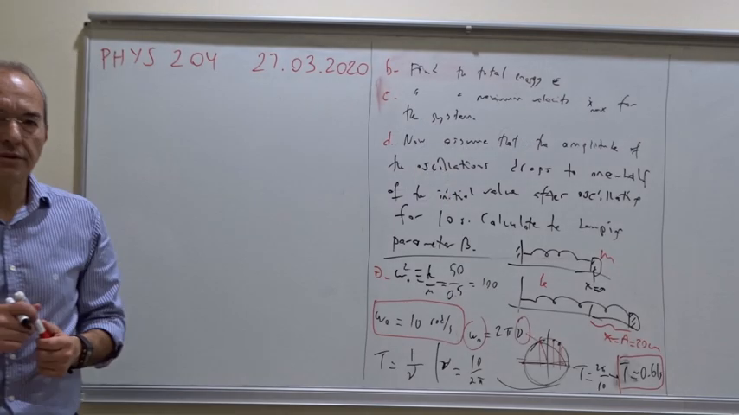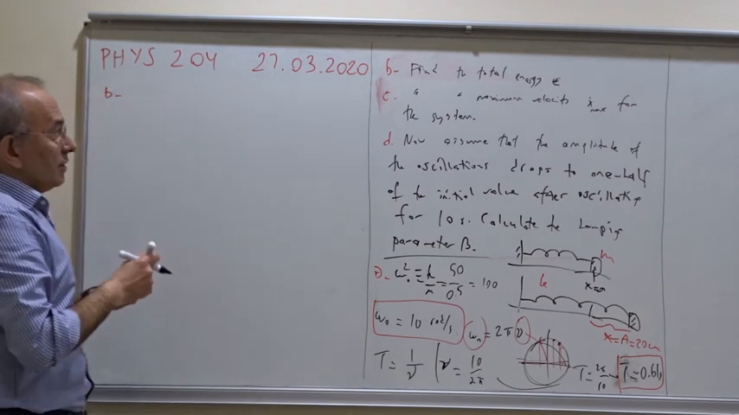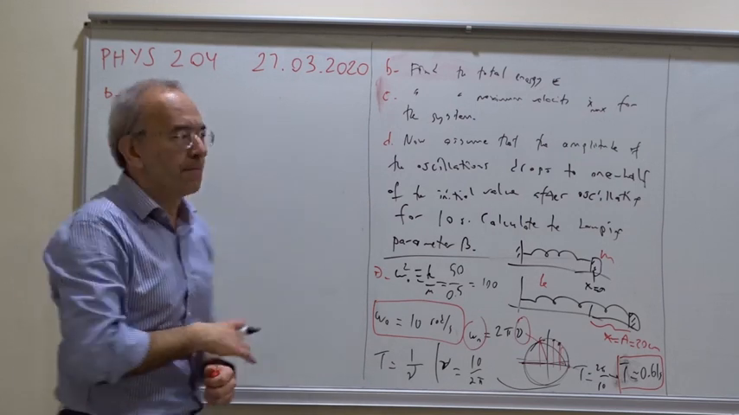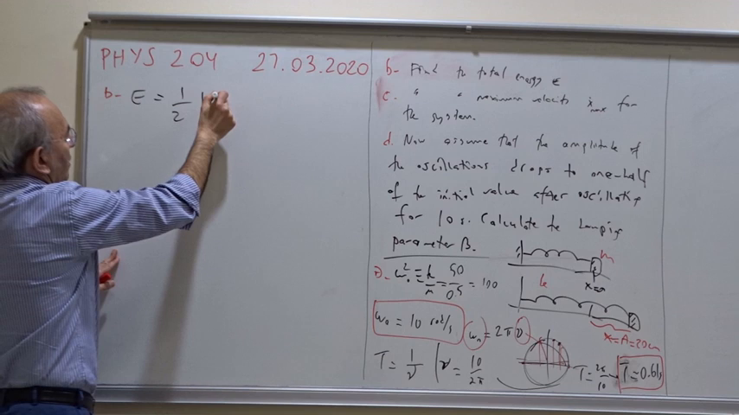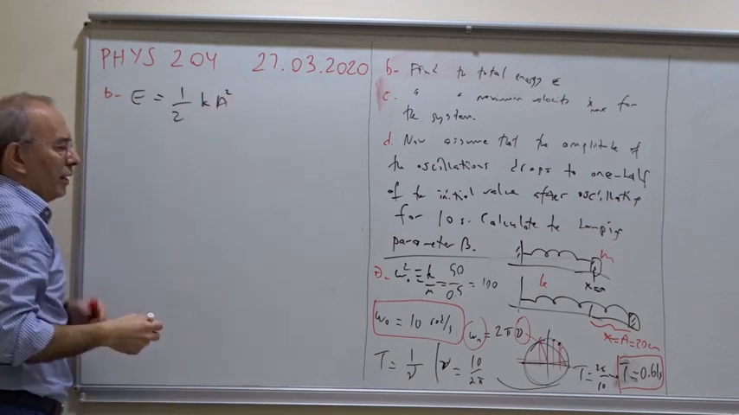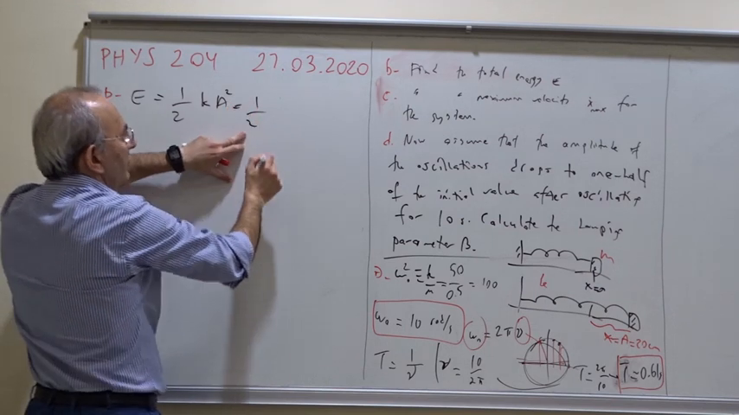Now let us solve part B, C, D. Part B says find the total energy E. The total energy is just 1/2 K times A squared. K is given, A is given. So it is 1/2, K is